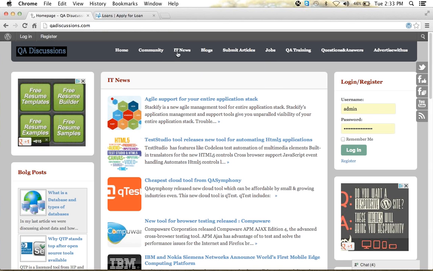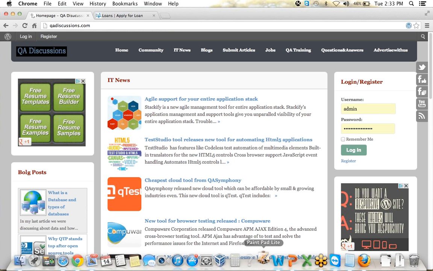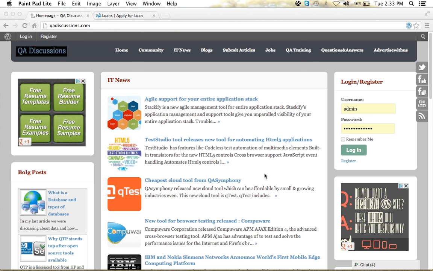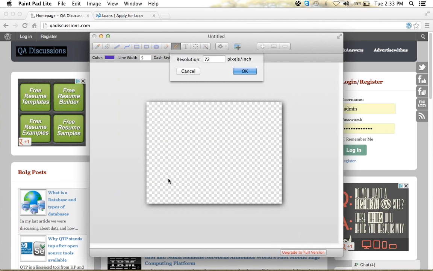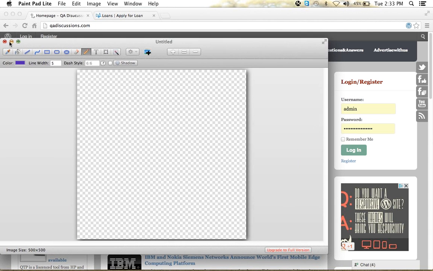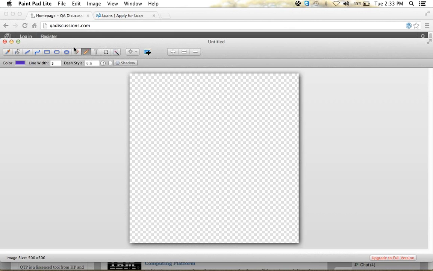There may be so many developers involved in developing this particular application, so they all need to integrate the code. For example, we have different modules over here.